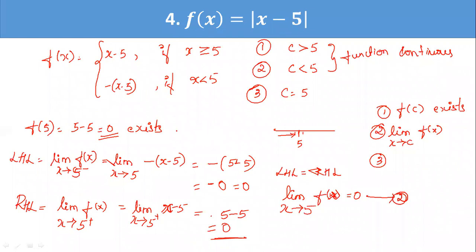So now if you see the first and the second equation, you can see both are equal, correct? So that is our third definition. Third thing we have to verify. You can see from 1 and 2 both are equal. Therefore, the function is continuous at x is equal to 5 as well, which means the function is continuous in the entire domain, that is real numbers. Hope this is clear, students. Is this clear?